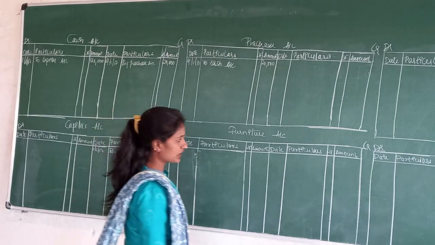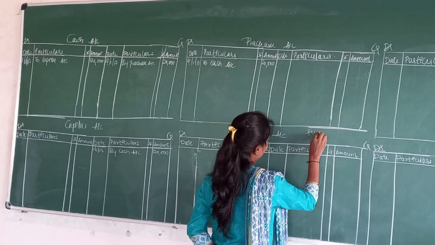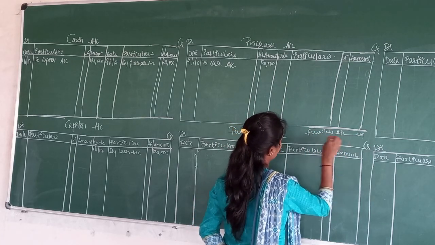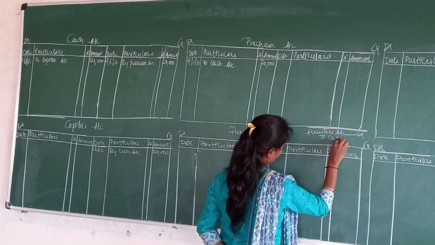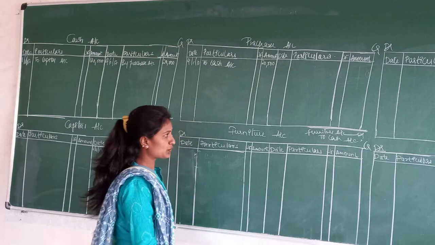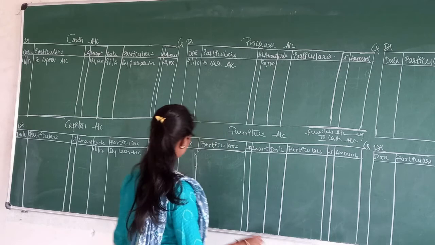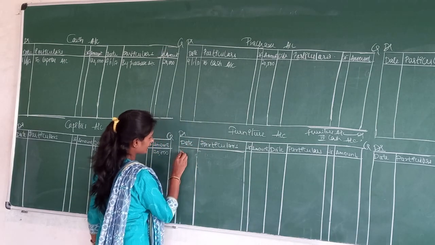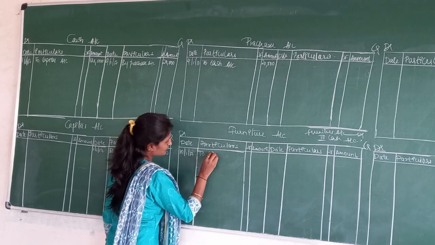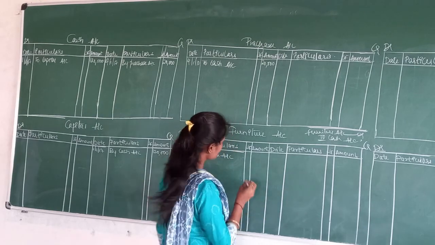Now we'll go for the third journal entry, that is furniture account debtor to cash account. This is only the furniture account, right? Here I will write it. Furniture account debtor to cash account. Here in furniture we need to write a cash account. Which side? It indicates two side. So the date is how much? 10/1/2017 to cash account. Amount is 30,000.